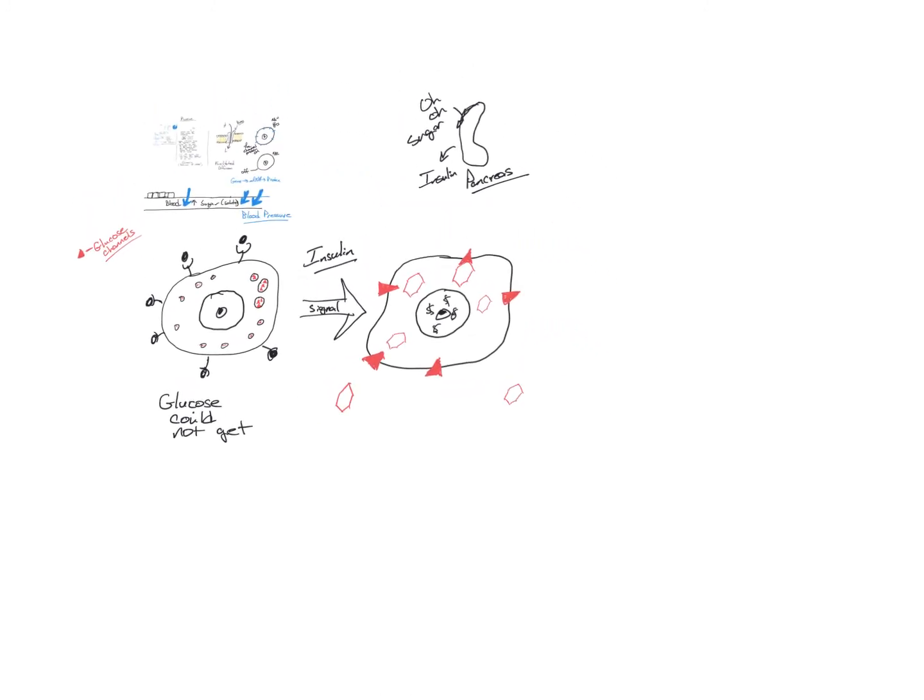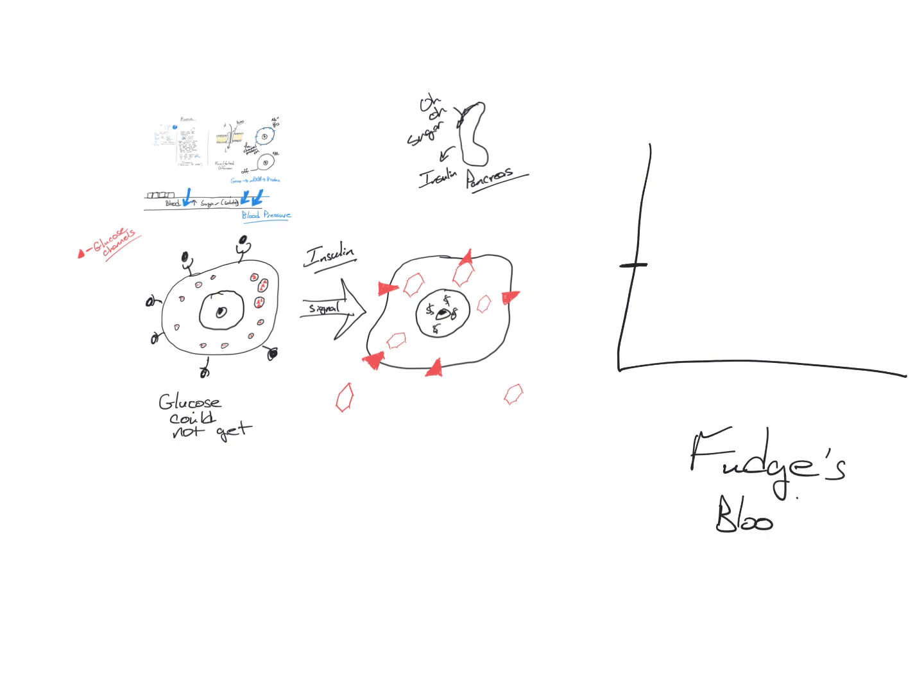Well, I'm going to do a graph now. I know you don't like graphs, but I'm going to go ahead and do a graph. So this is Fudge's, how do you spell your last name? F-U-D-G? D-G-E. So Fudge's blood is the name of the graph. And when we look at concentration of blood sugar, BS,